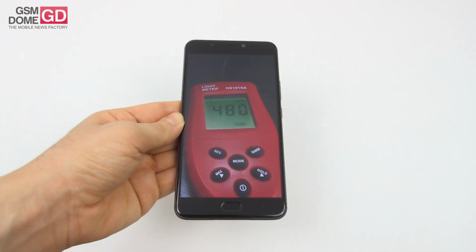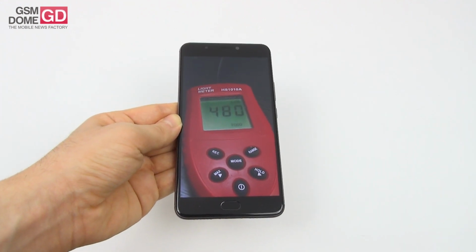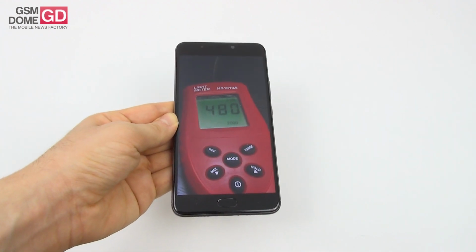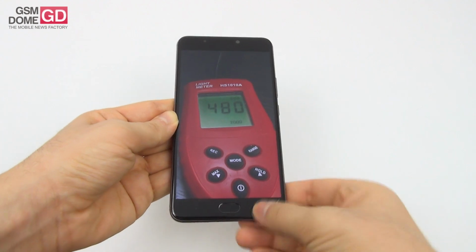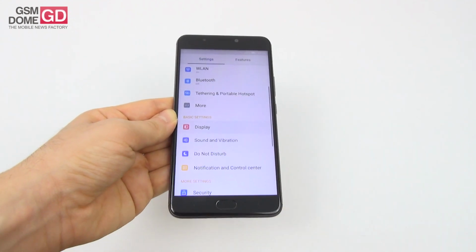We achieved 480 lux units, which is quite good, actually great. It beats the Galaxy A5 2017. It beats the Motorola Moto Z Play, not bad I would say, but scores below the Huawei Mate 9 and the HTC One A9. And if you want to tweak the experience further, you just go here, select display, and